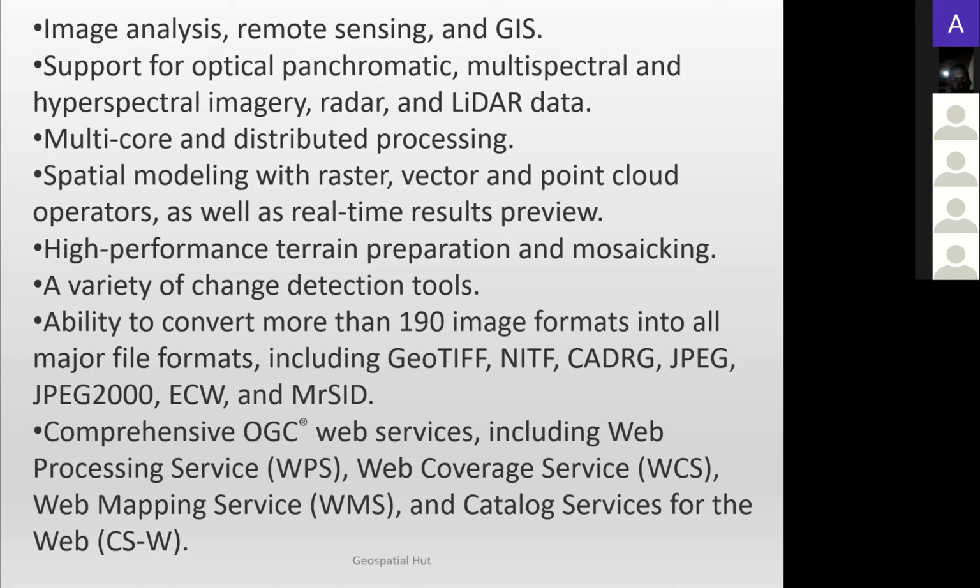It has the ability to convert more than 190 image formats into all major file formats, be it GeoTIFF, CAD, JPEG, ECW, and the rest of them. It also has a web service. One good thing with ADAS Imagine, although all of them have it, is that if you are doing your analysis, you can actually link your data to Google Earth imagery. As you're doing your analysis on your image, you'll be seeing where it is on the Earth's surface. So you can incorporate a lot of things as you are doing